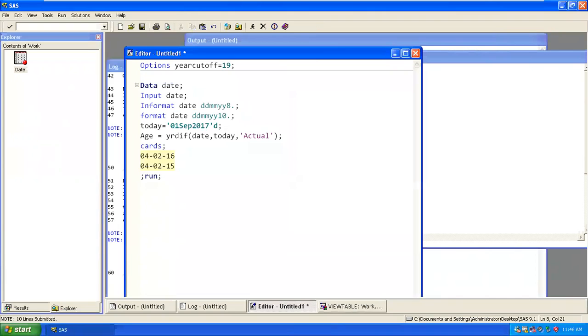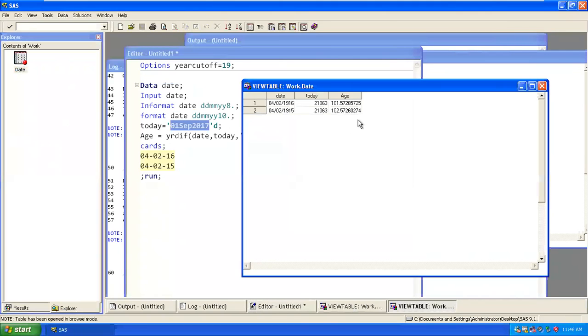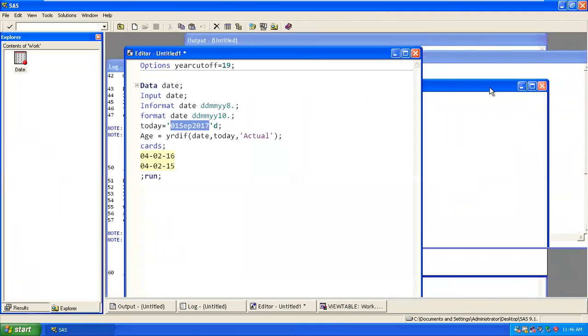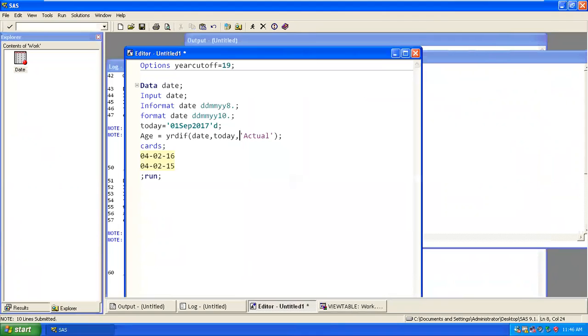So we have today's date and we are trying to get the difference from it. Because we have a year cutoff, the value we get is 16 something. So we have 1916 as a value, and based on that we are trying to get how many years have passed up to today's date. Let me declare the format for this too, otherwise there's a problem.